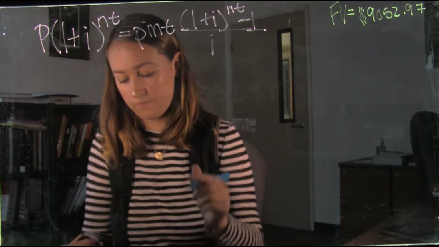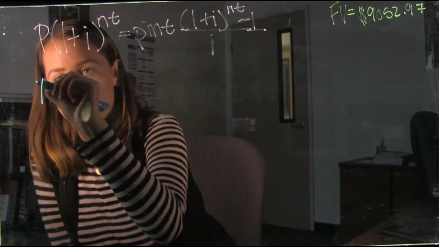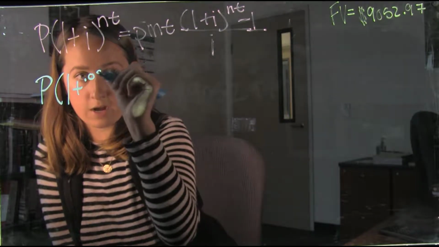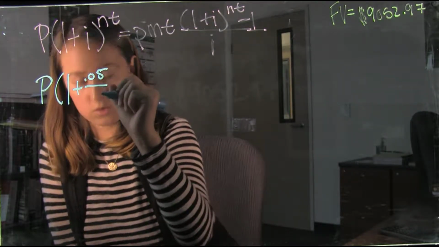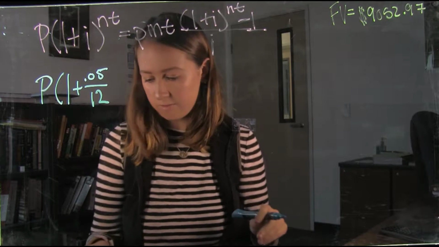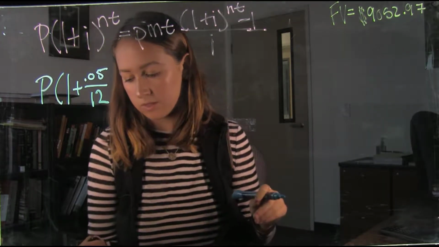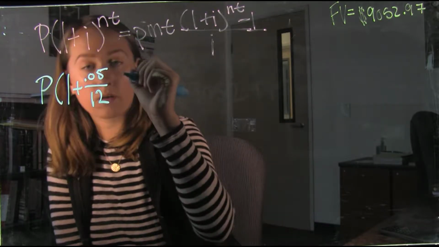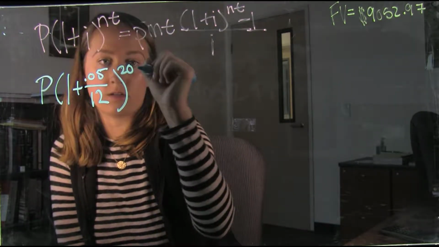It's going to be P times 1 plus 0.05 over 12 because it's 5% annual compounded interest over 12, for 20 years, every month,